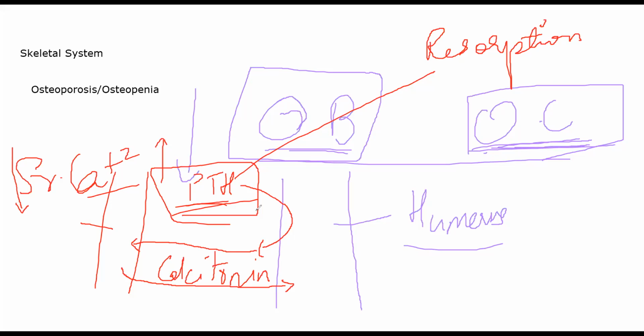If a lady goes into menopause, or immediately after postmenopausal stage, when estrogen is very low, let's suppose that lady is not taking any estrogen supplements, what happens is that this inhibition on PTH is removed. Because estrogen was initially inhibiting PTH to a certain degree, bone resorption was not occurring. Now that the estrogen has decreased, there is nothing to stop PTH. So the bone resorption will increase. The rate of bone resorption increases, and bones start becoming more brittle. They'll start becoming weaker. Okay? This will also happen over age.